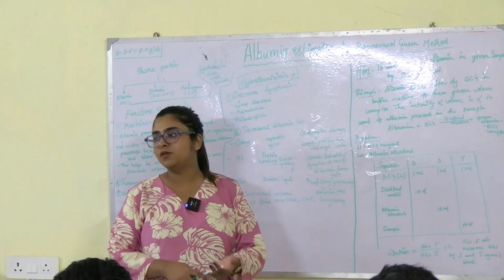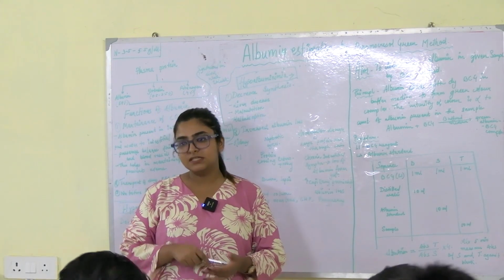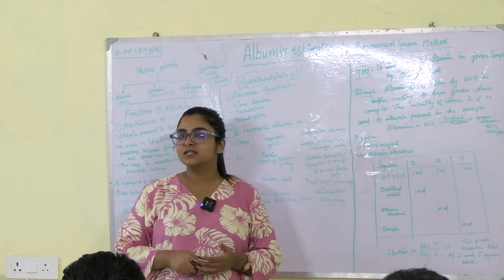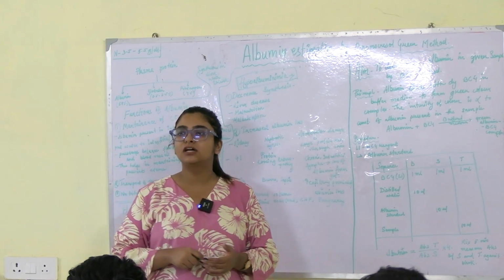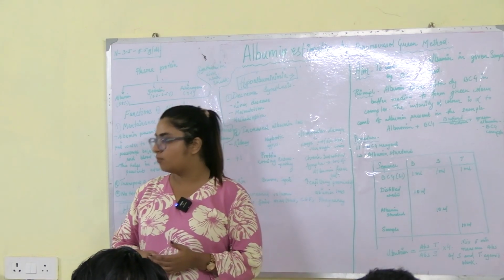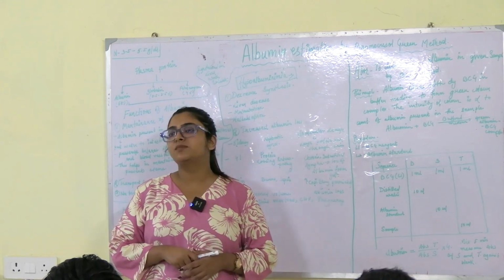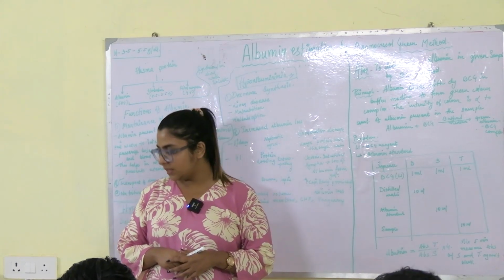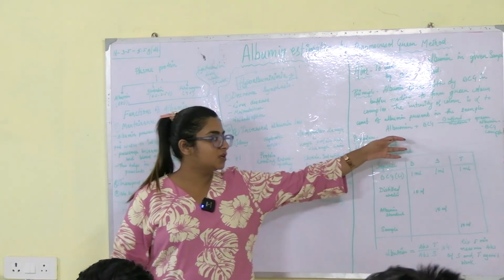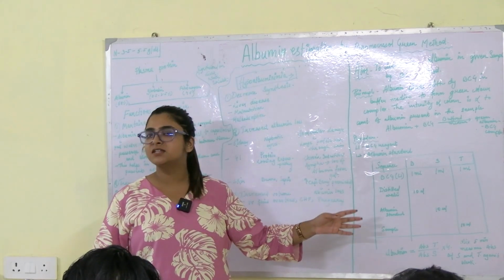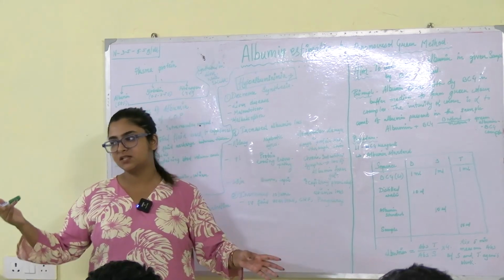I'll repeat again. Aim you all know, to determine the albumin in the present sample by BCG method. Principle you all know. Albumin in presence of a buffer medium when it reacts with the BCG dye gives you a green colored BCG albumin complex. The intensity of the color of the complex is directly proportional to the amount of albumin present in the sample. Very good. And then there's the equation and then the procedure. Materials required and everything you all write. You all know what the materials required are. You have been performing tests for so long.